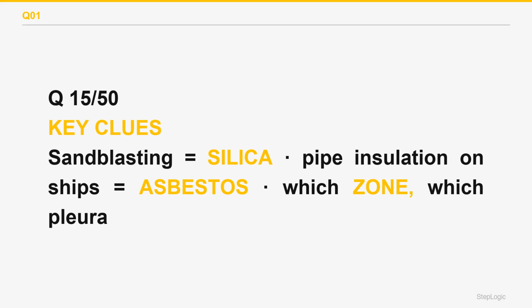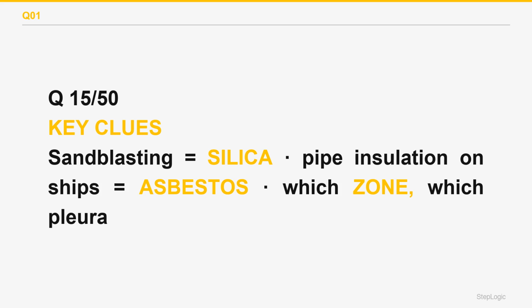Particle size determines where the dust lands, and that dictates the radiographic zone. Silica and coal dust particles deposit in the upper zones, producing upper lobe nodular opacities. Silicosis adds the characteristic eggshell calcification of hilar lymph nodes. Asbestos fibers are long and thin, travel further with airflow, and deposit in the lower zones, producing basal interstitial fibrosis. And asbestos alone reaches and irritates the pleura, generating the pleural plaques that are its signature and the mesothelioma risk